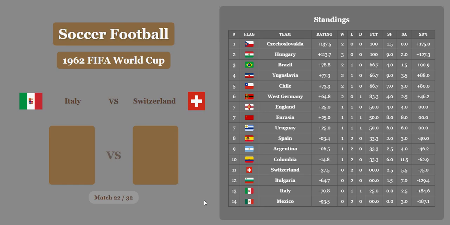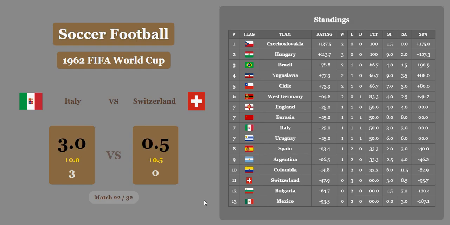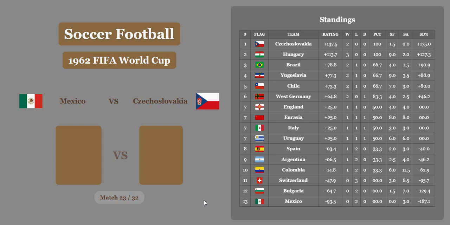And Italy versus Switzerland is next. And Colombia is down in 10th place. Italy with a big win over Switzerland, because they've got to get out of that rut. They're just in an embarrassing position right now. So Italy moves up to tied in 7th now with some other big teams. Switzerland down in 11th place under Colombia, above Bulgaria.